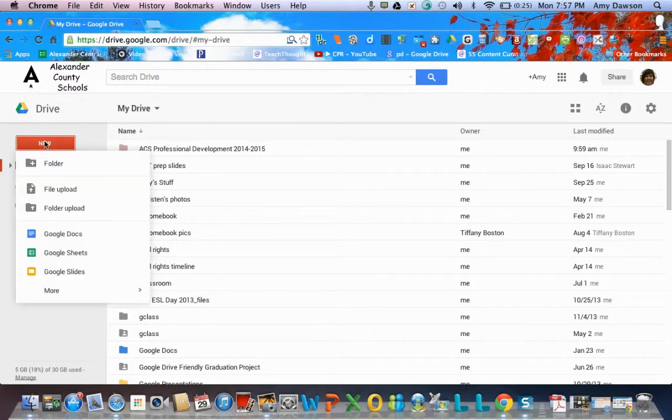So we go into here, and you notice when I click New, I have the option within Drive to create a new folder, upload a file, and that would be if I want to upload something that I had created on my computer, or upload a folder, but in this particular case, we're just going to work with Docs today. So I click on New, Google Docs,